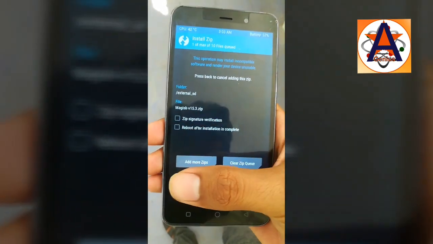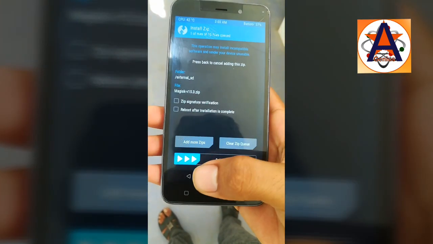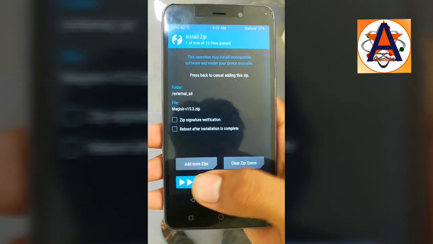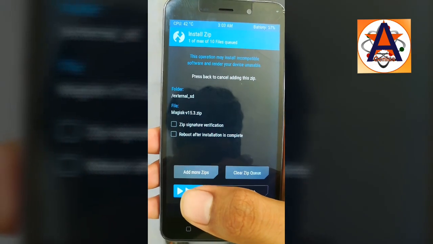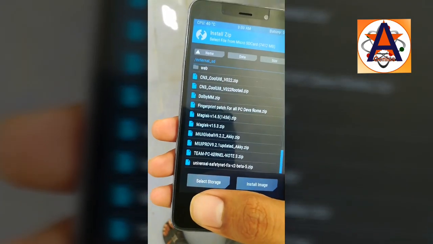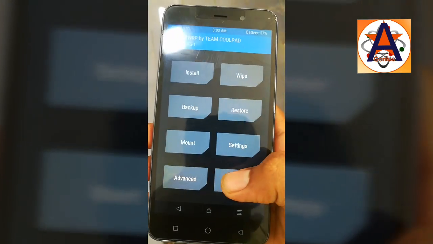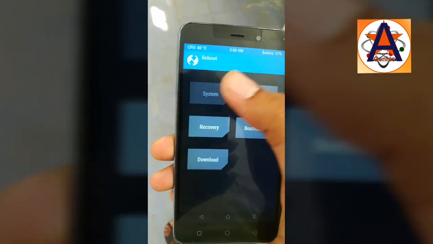Select this, swipe to confirm and it will install, but I have already installed so I won't do it. इंस्टॉल होने के बाद बस रिबूट टू सिस्टम कर लीजिएगा और कुछ नहीं। मैं रिबूट टू सिस्टम कर रहा हूँ।